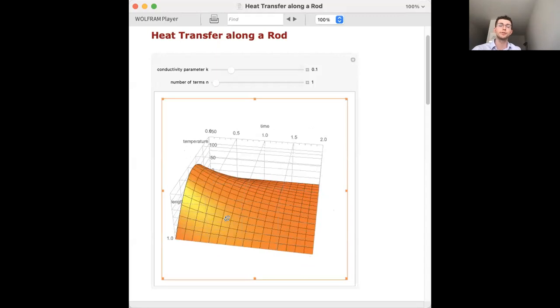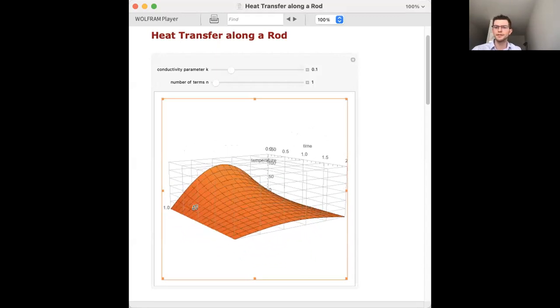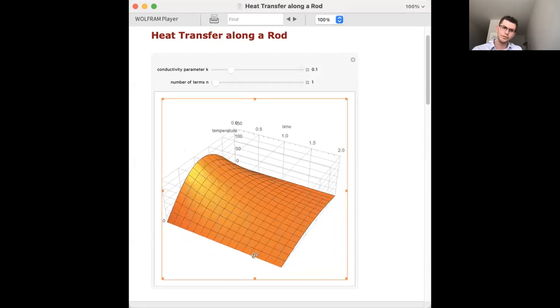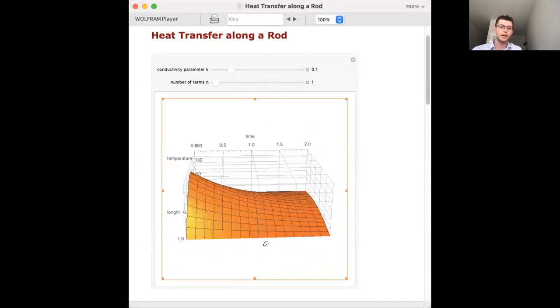And again, we don't care too much about the specifics of how that works, but only that if you look at this graph,